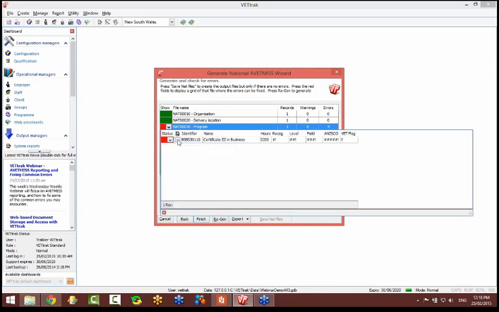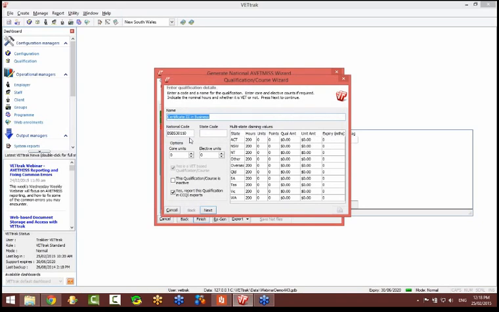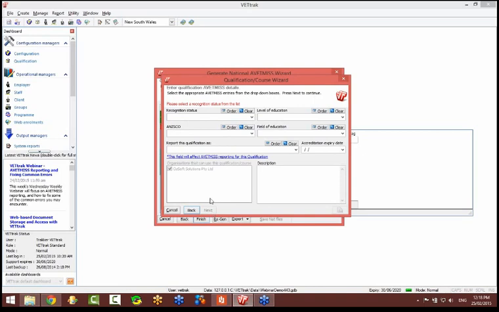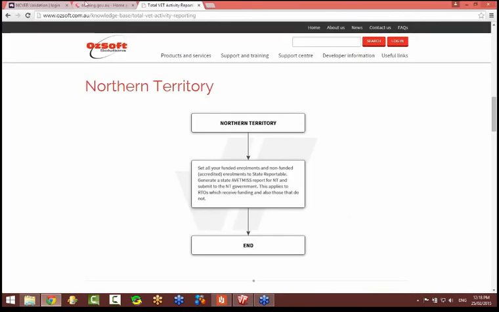So I can push the little button here with 3 dots to edit this qualification. Now this wizard will usually tell me what's missing. Now there's nothing on this page. I've got a code and a name. On the next page though, now I certainly am missing information. Recognition status level, these 4 need to be filled in. Now if you don't know what they are, I'm going to go to the